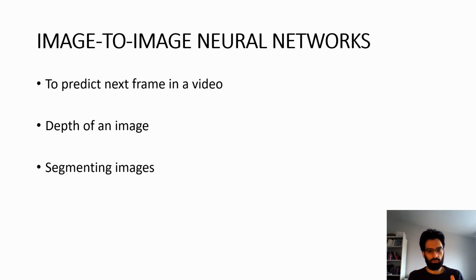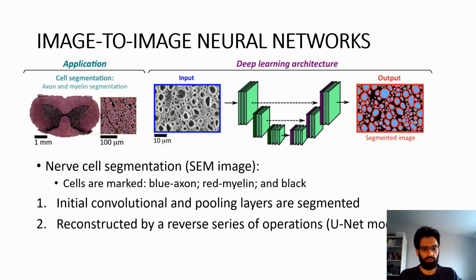Now I talk about image-to-image neural networks. These kinds of systems are used to predict the next frame in a video, or evaluating the depth in an image, and also for segmenting images, like differentiating the objects in the images. How it's done is there are 2 approaches to this image-to-image neural networks method. One is the encoder-decoder mode. The other is this spatial